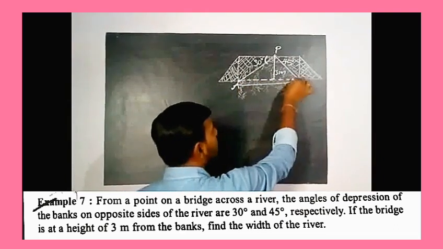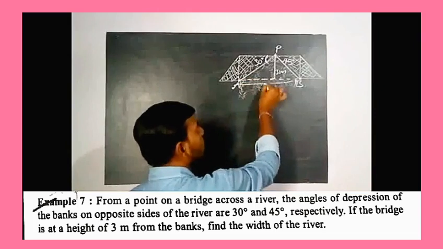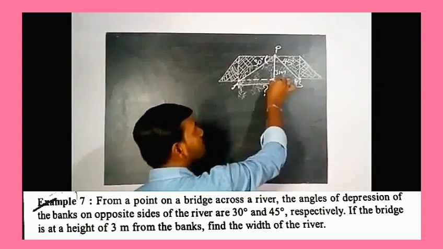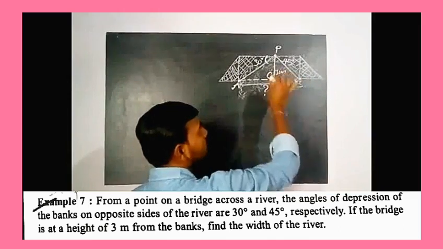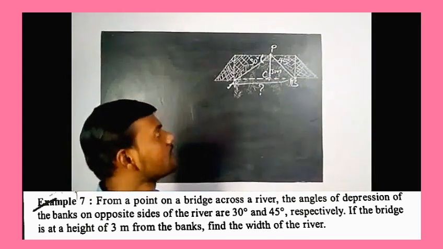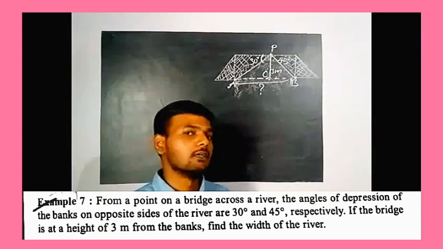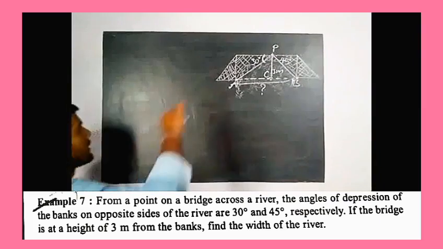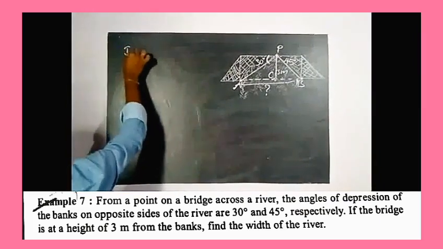Width of the river, and that is AB. We need to find that. To find it, let us consider the point here as C. From point C, that is the height of the bridge. Here we are going to consider the 2 triangles. In that, one triangle is a triangle